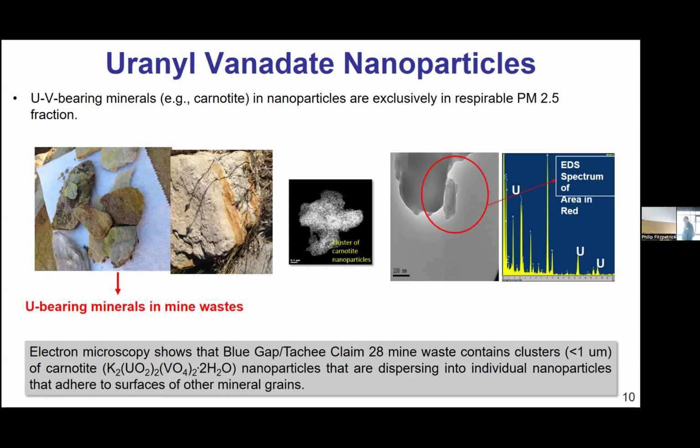Has anybody studied the kidney stones of people from this area? Has anybody done an analysis? Could you do it, and could you see the uranium in those kidney stones? Yeah. So, Anna, this is a wonderful and challenging question that you asked me.